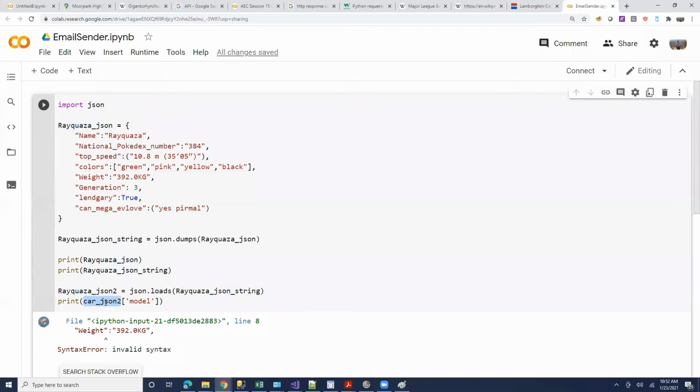Can mega evolve is a single element tuple, right? Is this what you meant, Jonathan? Did you want to keep it as a tuple? Yeah, I wanted it so it also printed that whenever I recalled the. I know, but you made it a tuple. Why a tuple? Because this looks like a simple string. Oh, I don't want it to be a tuple.